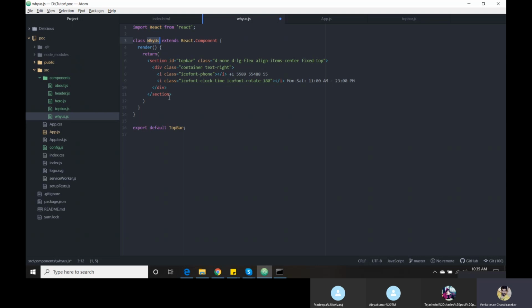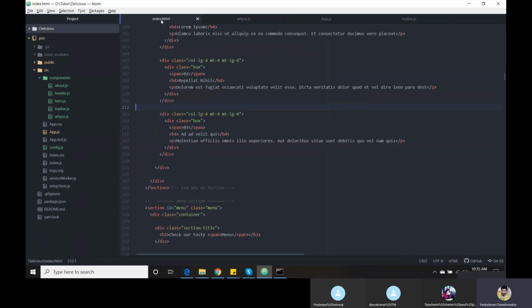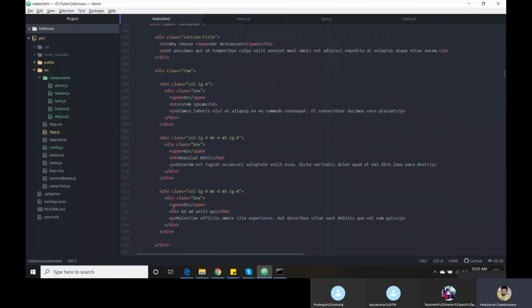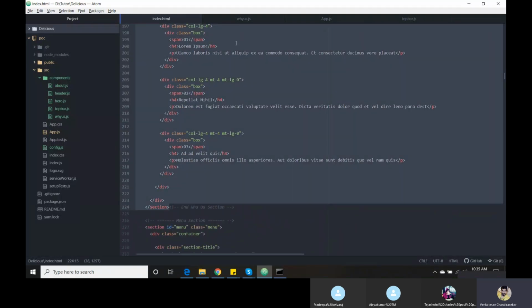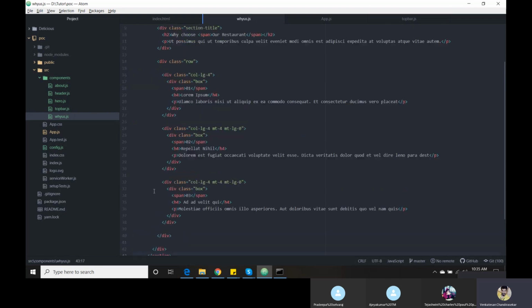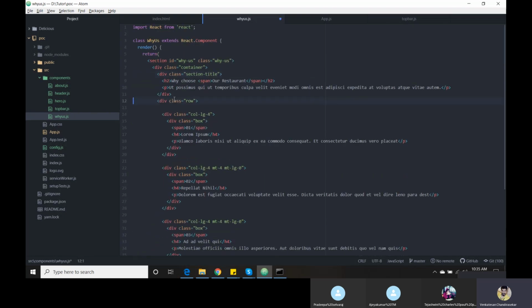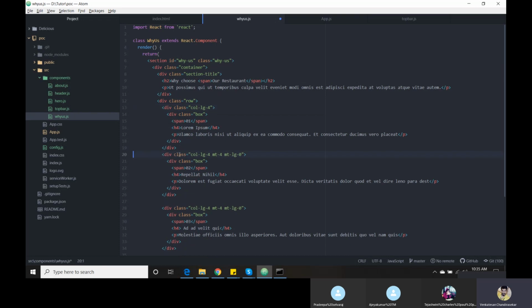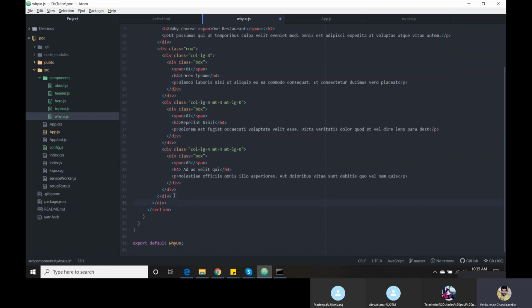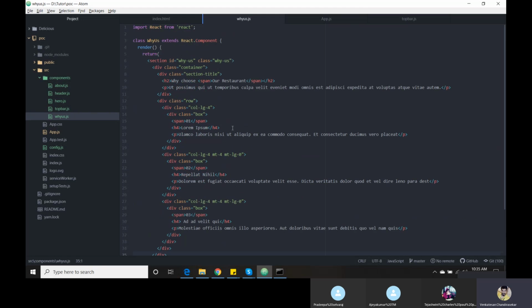Make a proper name, otherwise you will get confused in the future. I'm going to copy the proper section content. I have pasted it. I'm just removing all the white spaces. I don't like the white spaces at all. Now it looks good.